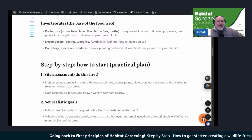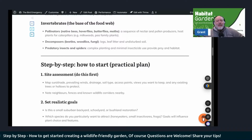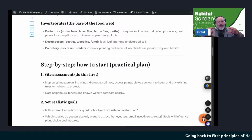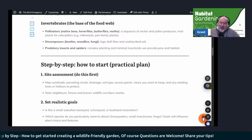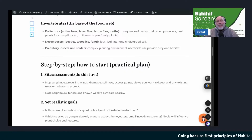Something else you need is the animals that will break down the leaf litter, the twigs, the logs, and fertilize, enrich the soil naturally. So above the ground, your beetles, wood lice, fungi, and then you want the worms and other beetle larvae and whatnot under the ground, doing all that good work. That's another reason you don't want to be using pesticides, herbicides pretty much at all. And predatory insects and spiders provide food for